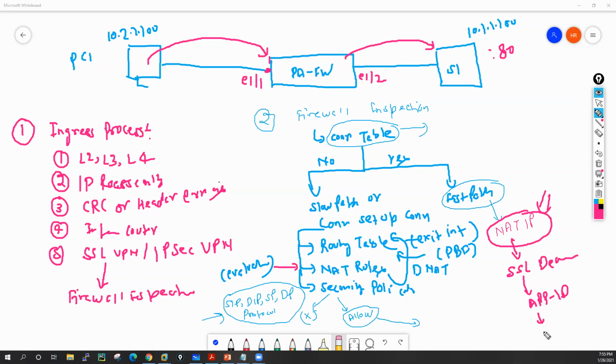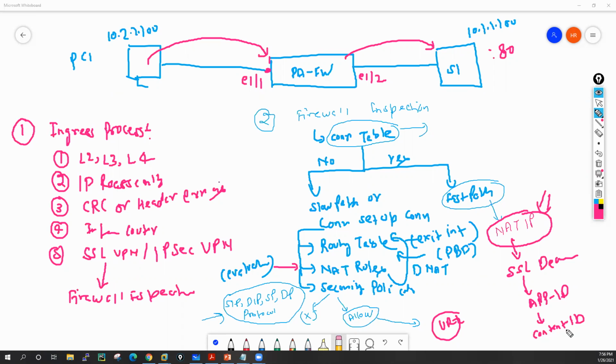After App-ID, the packet is sent for Content-ID inspection. In Content-ID inspection, your URL filtering, antivirus, anti-spyware, vulnerabilities, file policies, and data protection, all these things are applied.